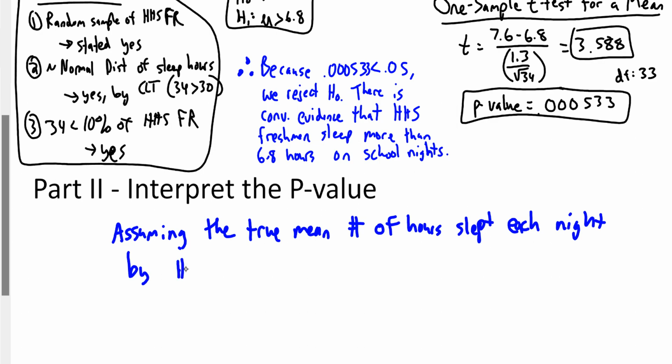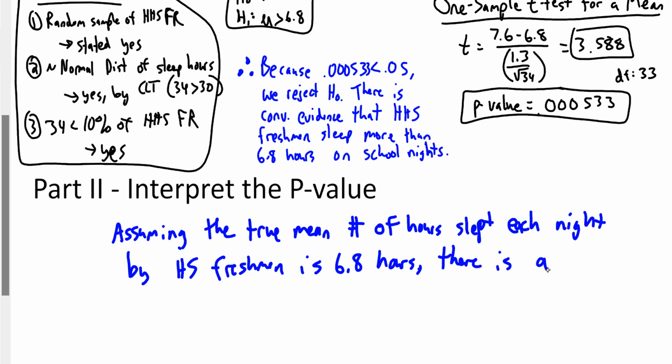So high school freshmen is 6.8 hours, there is a 0.000533, or you could say 0.0533% chance of